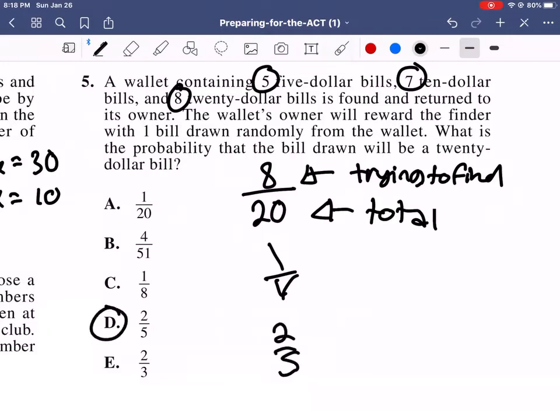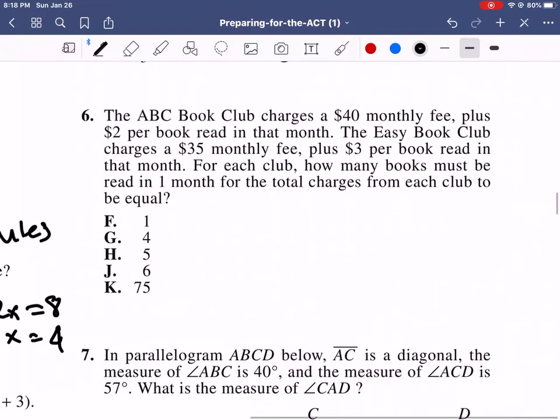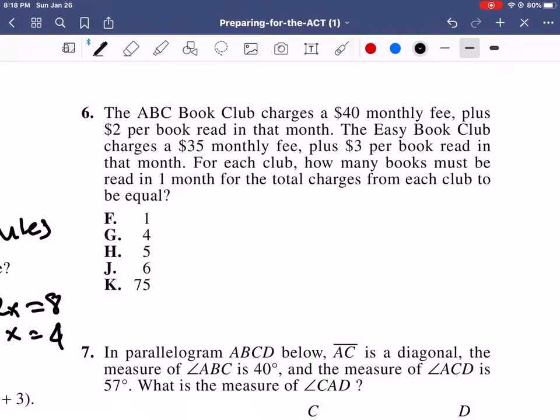Answer is D. The ABC Book Club charges a $40 monthly fee plus $2 per book read in that month. The Easy Book Club charges $35 a month and $3 per book read in that month. For each club, how many books must be read in 1 month for the total charges from each club to be equal? So this is a linear